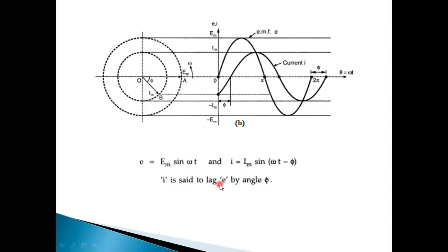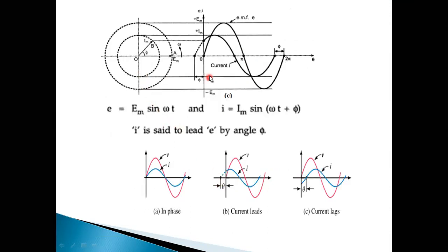Another one, observe this particular waveform. We can have a voltage equation with the same notation, but the other waveform, the dotted line, starts before it. That is the current waveform. E equal to Em sine omega t, I equal to Im sine omega t plus phi. That plus phi stands for current is said to lead E by an angle of how much? Phi. This is the leading quantity this time. It started before the voltage also. That's why it becomes the leading quantity.